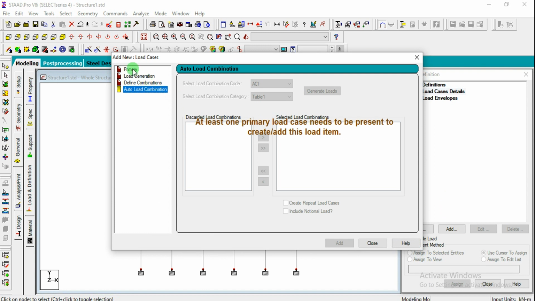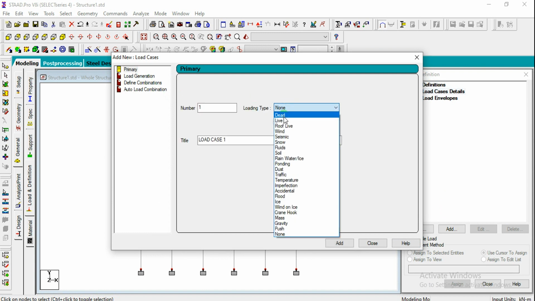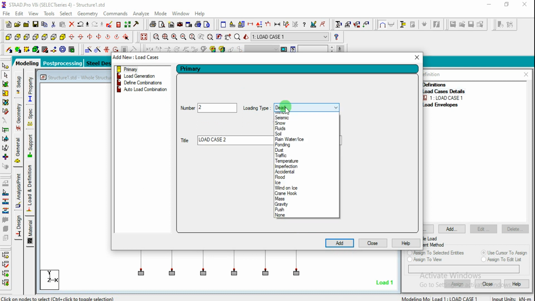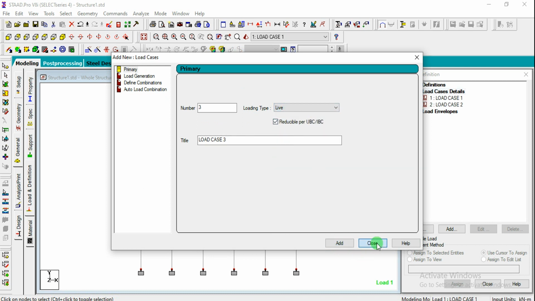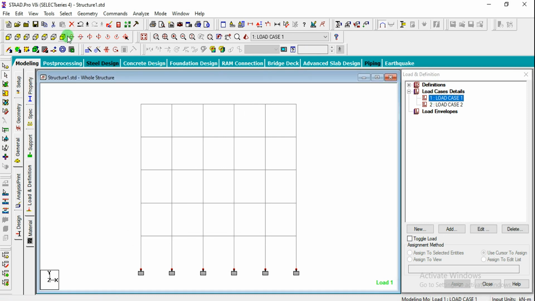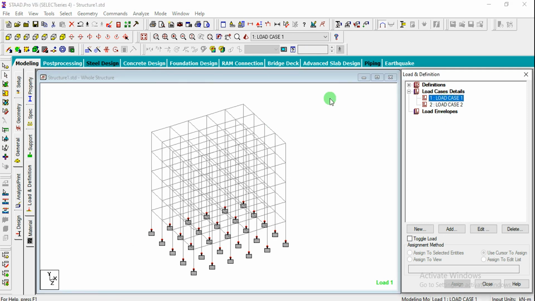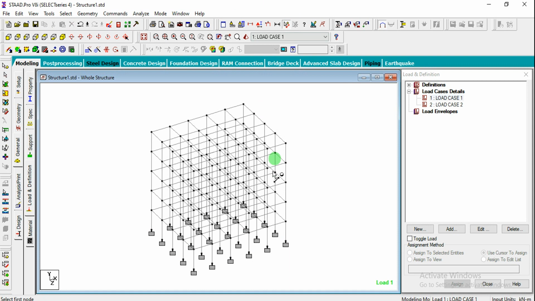I'm going to take primary load, and under primary we are going to create the dead load and another one is live load. Here you can sum up all the loads whatever you are going to get. Right now I'm just going to take floor loads as well as the roof loads. In order to calculate the floor loads, we need to know the height of the structure. This is the first floor, 1 2 3 4, there are 4 floors. From bottom to this the total height is 12 meters and the roof height is 15 meters. You have to know all these things in order to assign the loads.